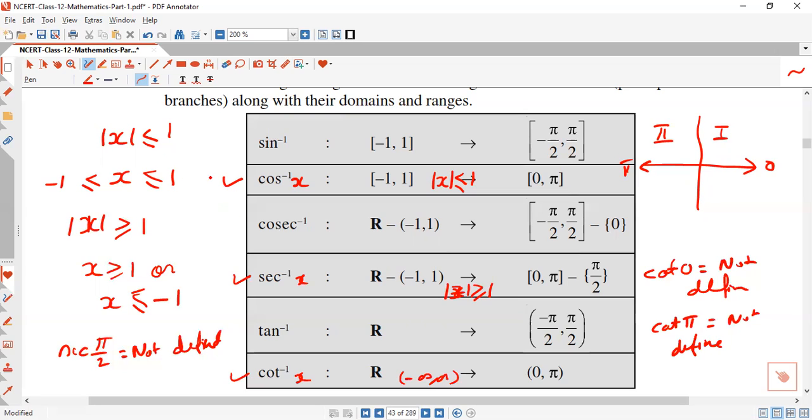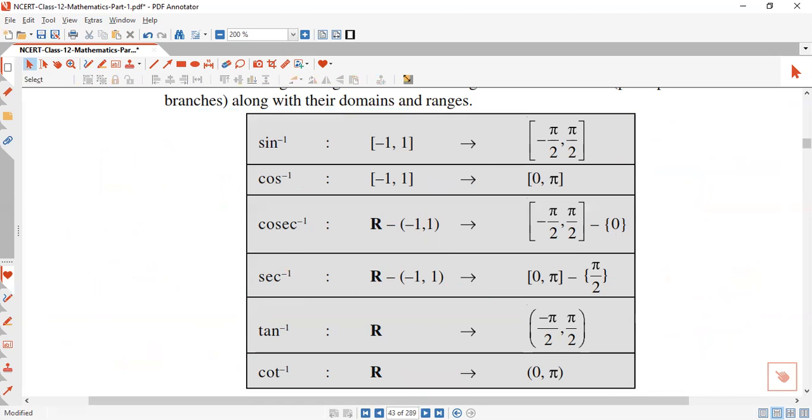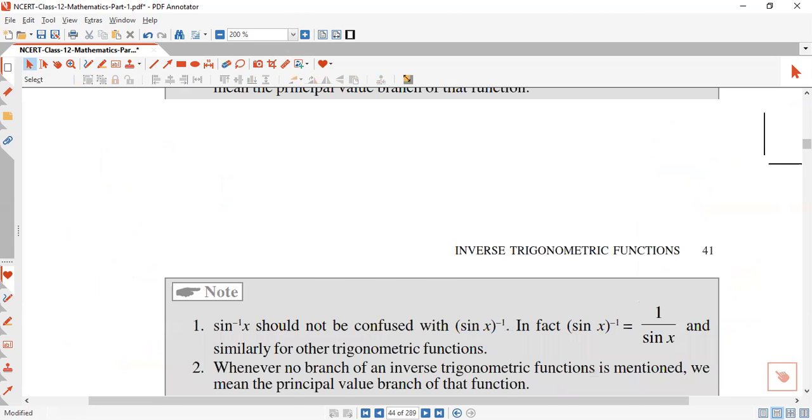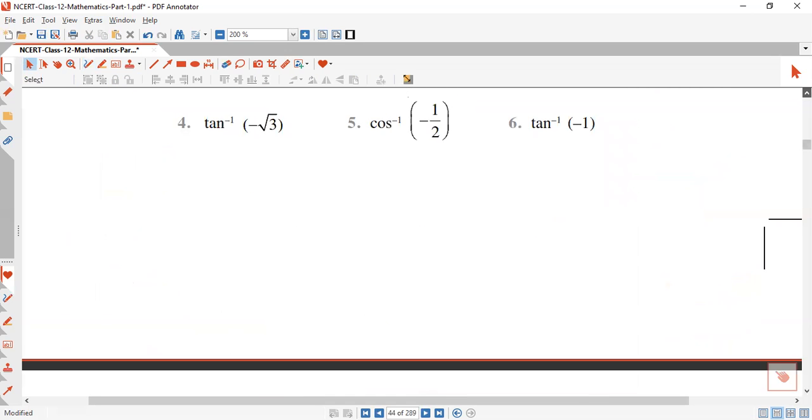So you see in this case of cos inverse x, sec inverse x, cot inverse x, the range basically lies in the first and second quadrant. Cos inverse has the full range, sec inverse except pi by 2, and cot inverse full range but except the boundary points 0 and pi. So now, after understanding the domain and range of these inverse functions, I would like to do the questions, exercise 2.1.